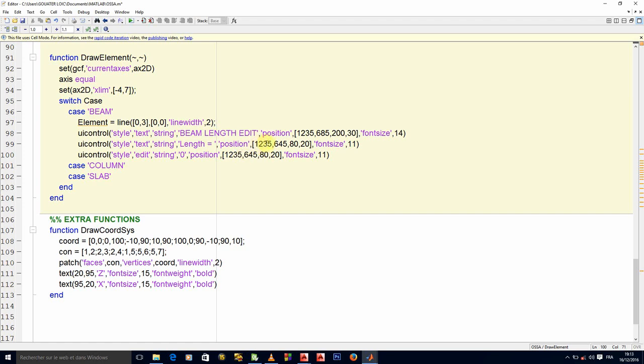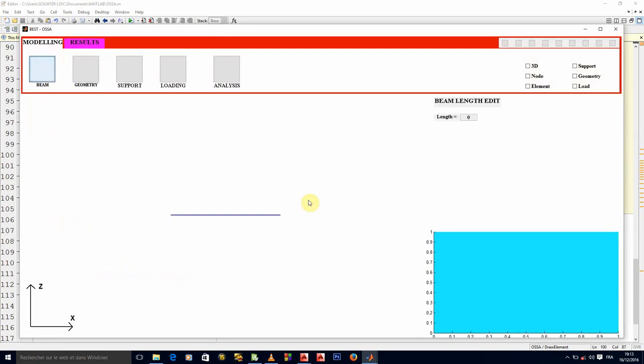Okay, so it will be 1235 plus 80, right? What does that give me? Mathematics. So it will have to be, I think, 1315, okay? Yes, it should be that, and we will put here 50. I don't think we need much space for that.